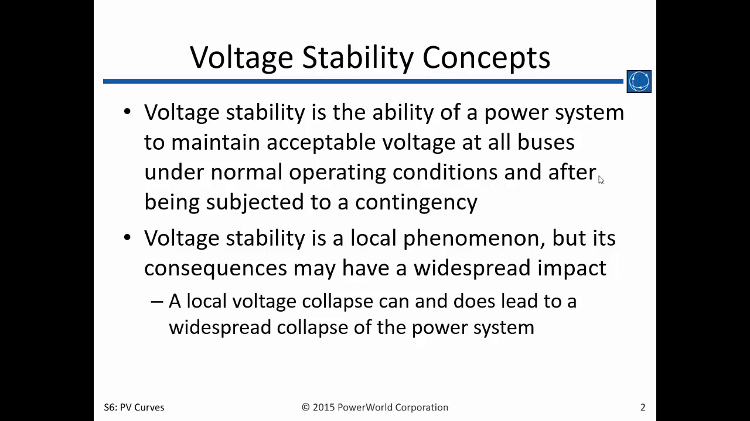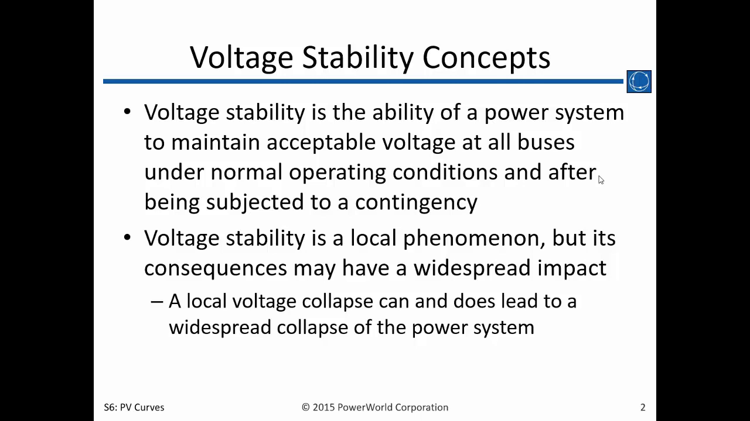Voltage stability tends to be a local phenomenon, but its consequences can have a widespread impact because of cascading effect. So a local voltage collapse can and does lead to a widespread collapse of the system if it's not handled in a timely manner. That's why we have voltage stability tools to help us analyze what might happen if we do have voltage that is going down or being depressed in an area due to some kind of an outage,